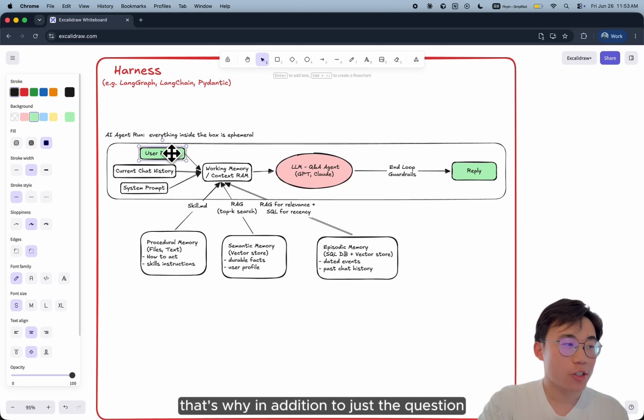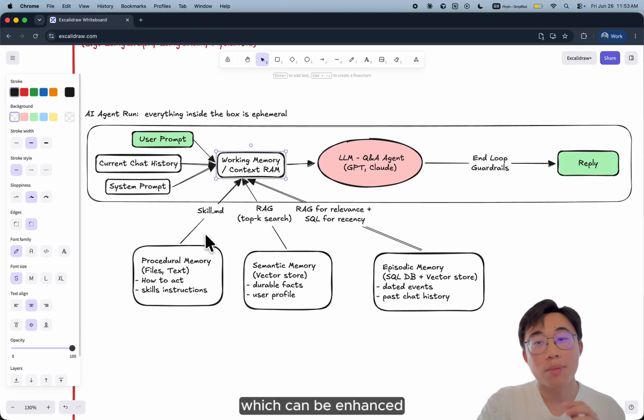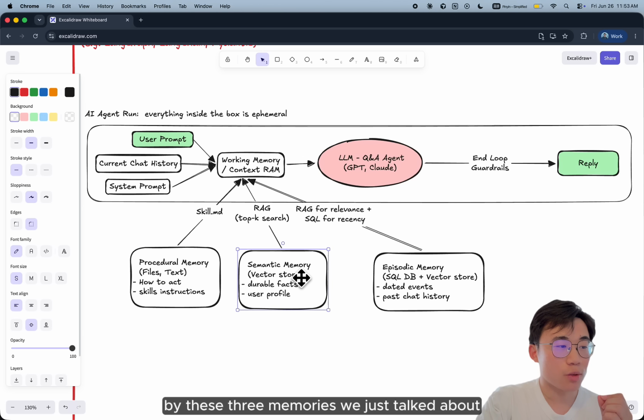That's why in addition to just the question or user prompt and getting the reply, we're feeding them all in as a working memory, which can be enhanced by these three memories we just talked about. And in order for these three memories to actually work, there's a bit more detail, and they're all included in harness. Remember, harness means we're building this agent framework to control this large language model so that it works